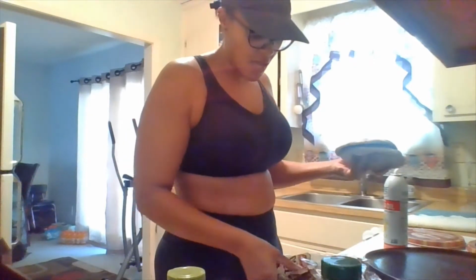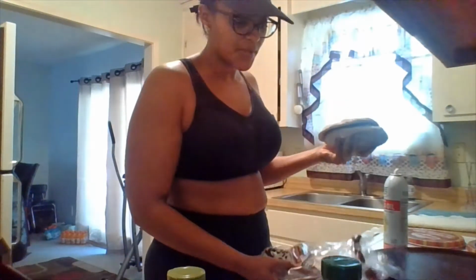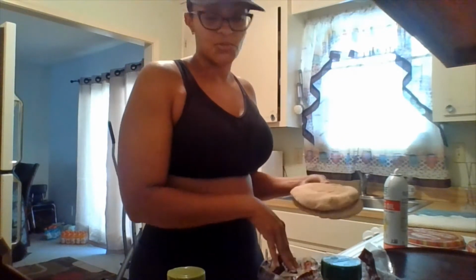I'm using some whole wheat pita, Toufayan. You could also use St. Joseph's bread if you're watching your carbs, which is really good, or Joseph's pita bread. It's actually low in carbs, has great net carbs, and also has protein in it. I usually use that, but the store I went to didn't have it, so I'm using the Toufayan, I don't know how to pronounce it, pita bread, whole wheat kind, which also has protein in it as well. I've also got some turkey pepperoni,